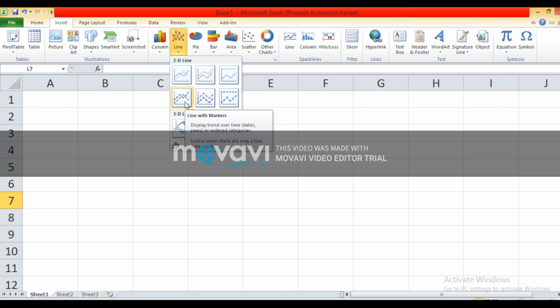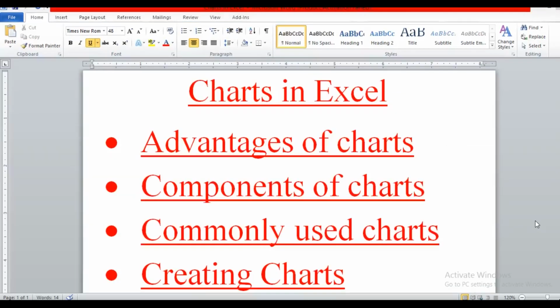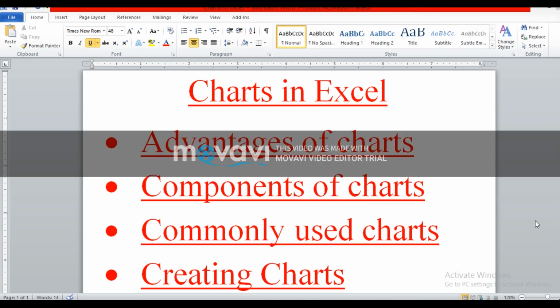Like in cricket matches, when there is a match of Pakistan versus India, you have seen that they represent the score on the scoreboard with the help of a line chart.